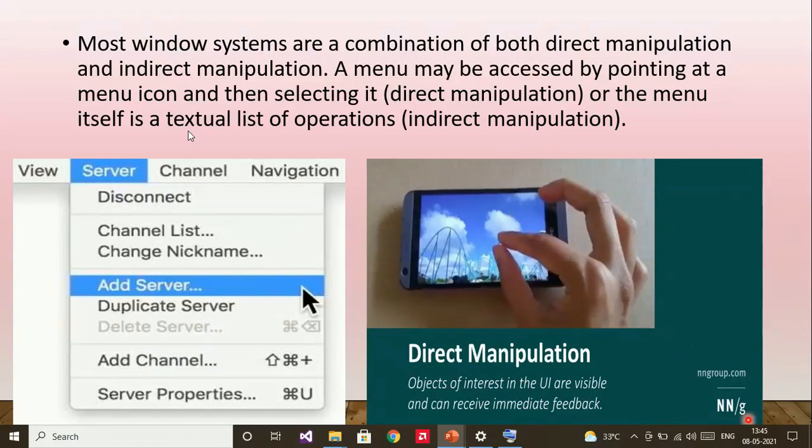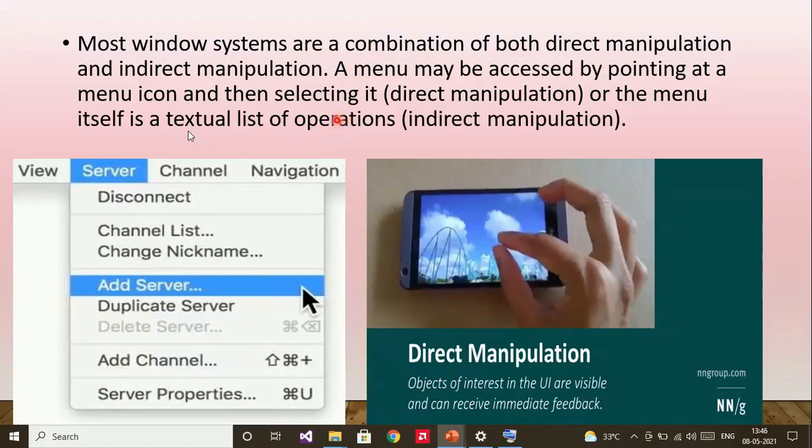Zoom in or zoom out option is available there. Or else, in the PPT there is a menu list provided. You have to go for the view operation, that will be displayed above the screen normally. Then in the view you may get a zoom operation, zoom in or zoom out.